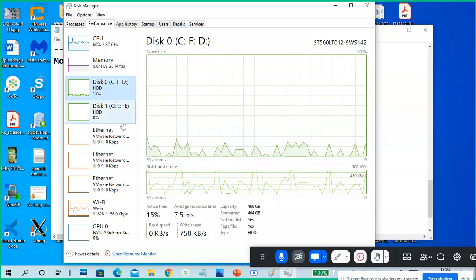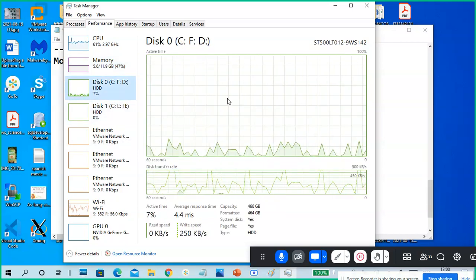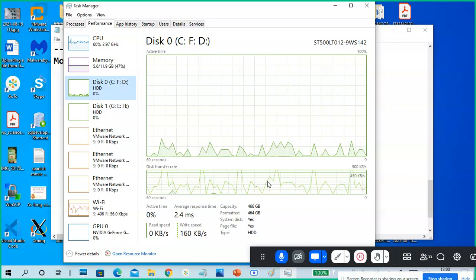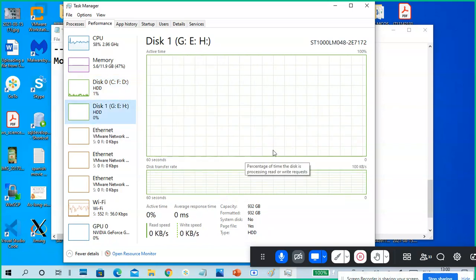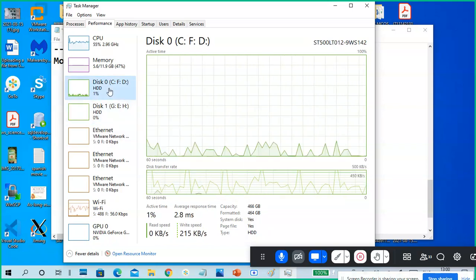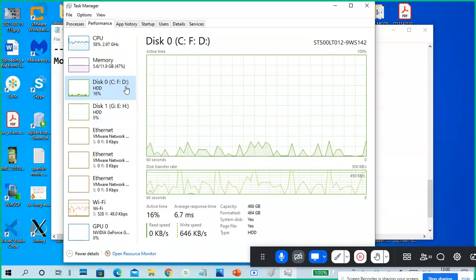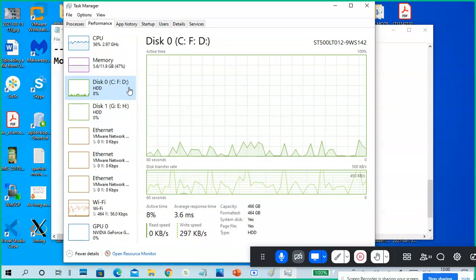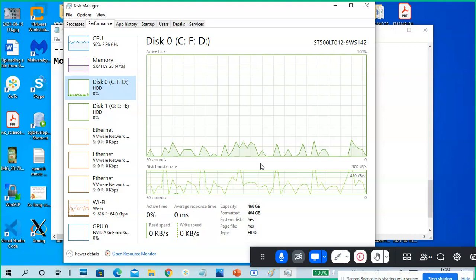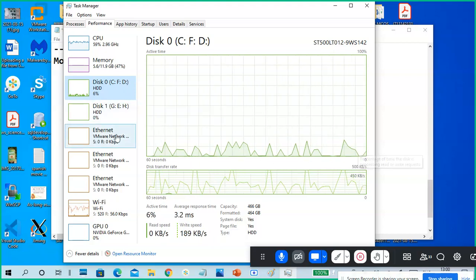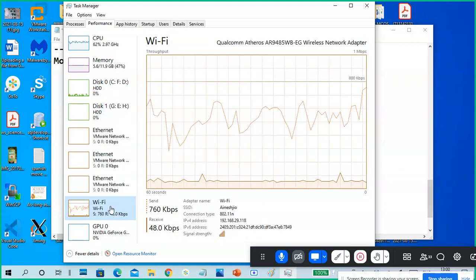Disk read and write: I have two hard disks. So read and write into the hard disk. Mainly I'm using the C drive, so C drive is very important. D drive, E drive, I'm using those too, so it shows like this. Okay, and the Wi-Fi network.